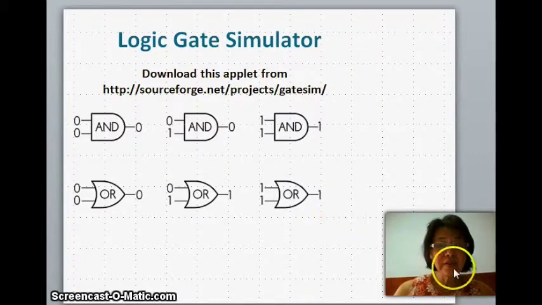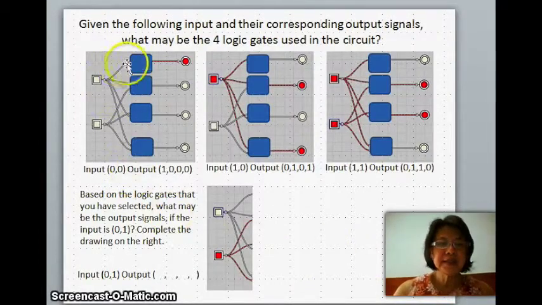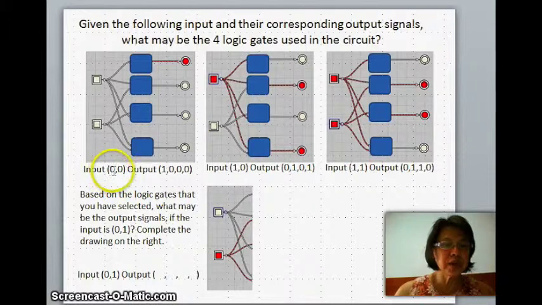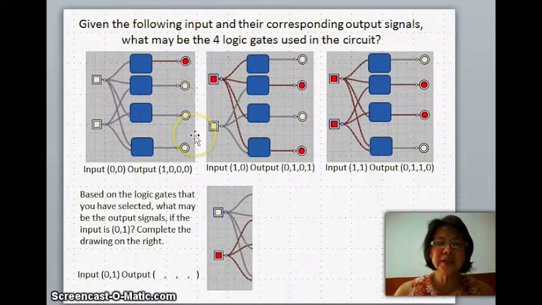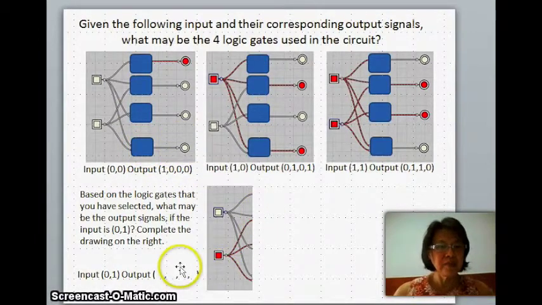Okay, and when you're done with that, I'd like you to try this exercise. This is using the same applet, but I've put boxes here to block off the actual logic gate that is behind these boxes, and I have 2 inputs, inputs 1 and 2, and these are the outputs. So looking at this and using the applet, I want you to figure out what is behind these boxes here,